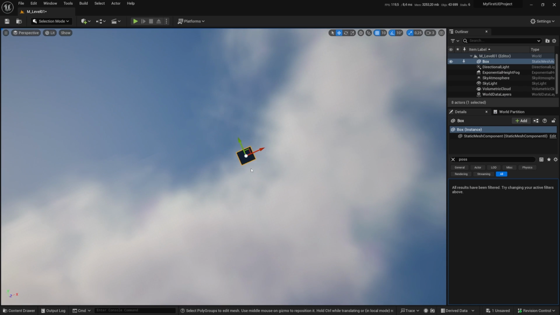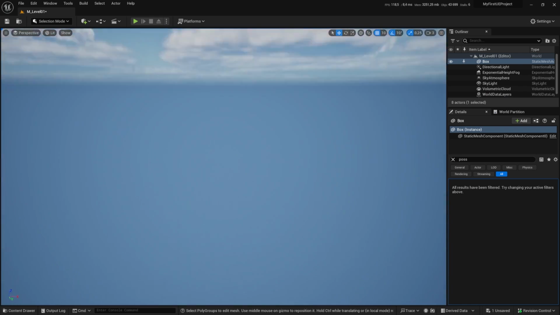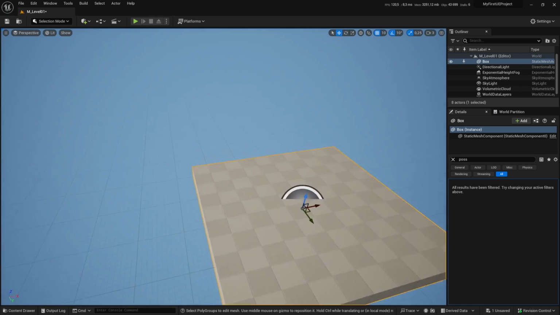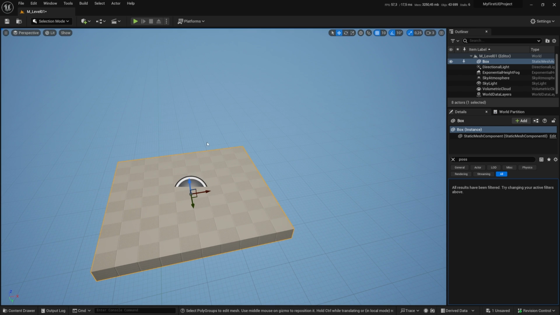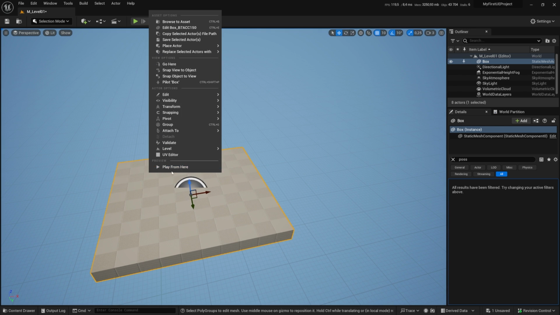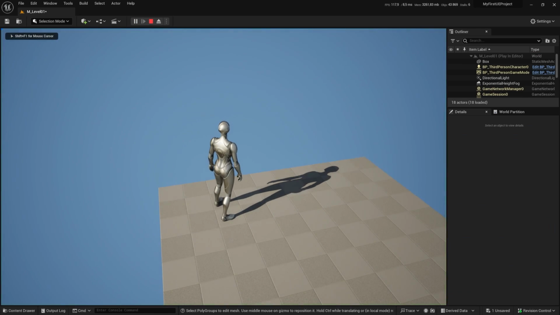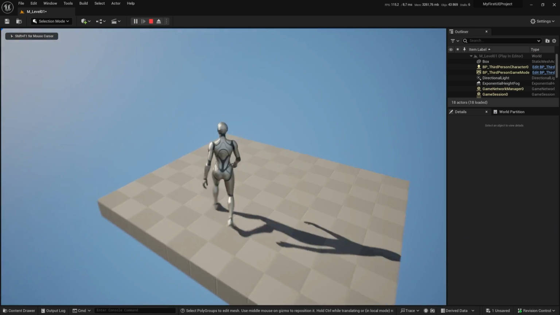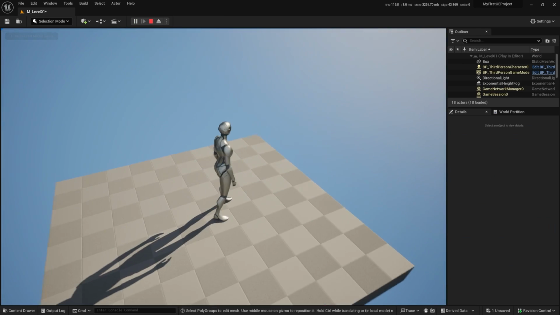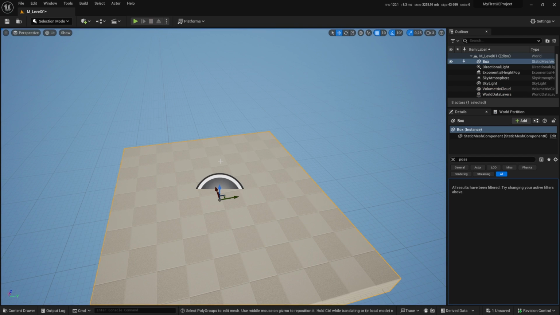Let's go back to this floor. So whenever I press play, my character will be spawned in the air. And if I manage to click on my floor and click on play from here, then my character will be in the actual floor. Now, there is a way of specifying where we want our players to start